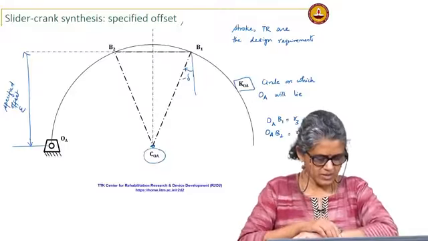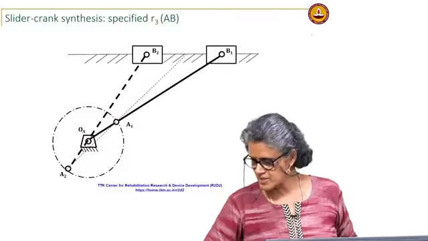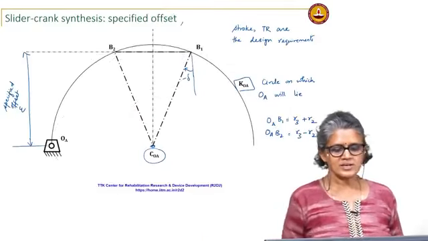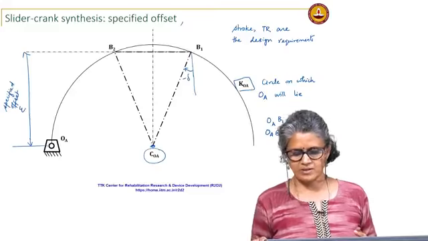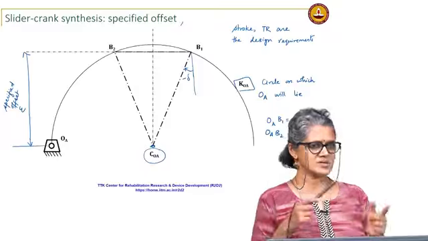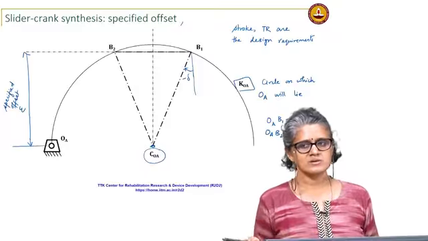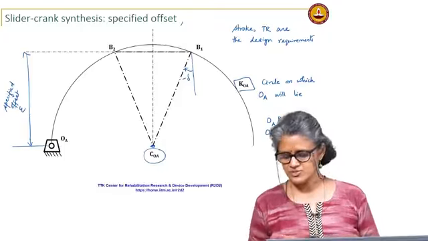So, we will stop here and continue in the next class with the other cases where, instead of the offset, we will specify R3. It is all based on fairly simple geometry, it gives you an idea of the choices that you